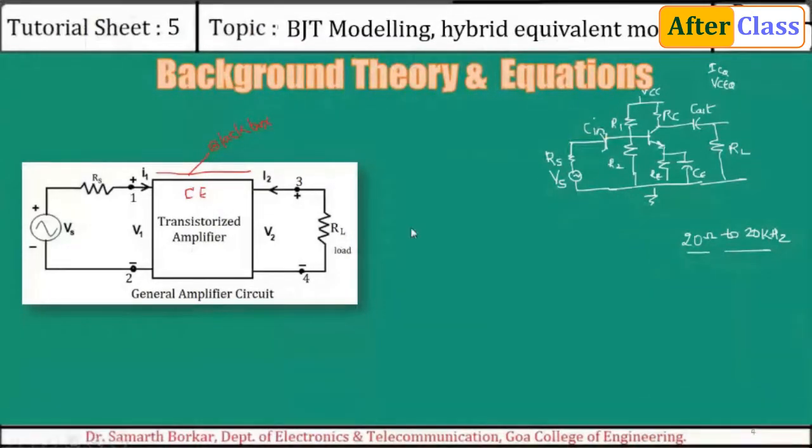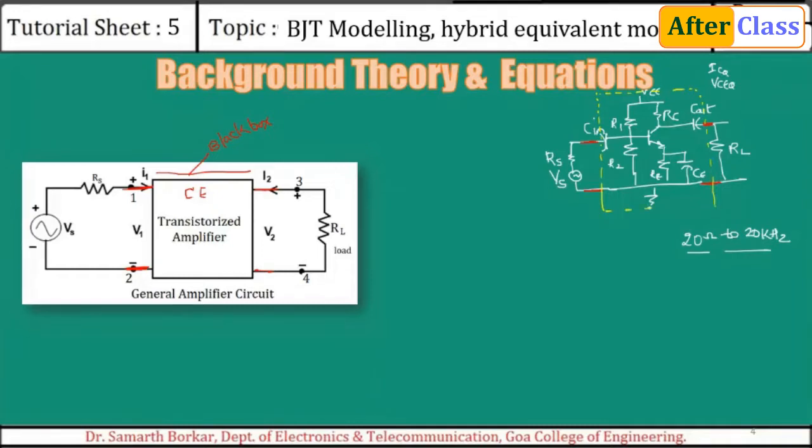Now, okay, let us correlate this particular circuit with this block diagram. Now here you see two wires going into the circuit and two wires coming out of the circuit. Fine. If I relate this block diagram with this particular circuit, then you can say these are the two wires that go into the circuit, and these are the two wires from which we tap the output signal. So the black box, this circuit here inside, is nothing but this particular amplifier.